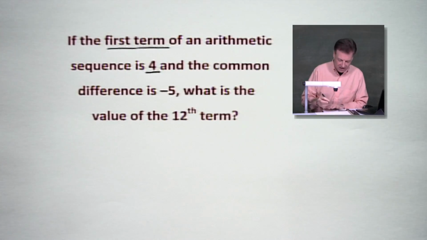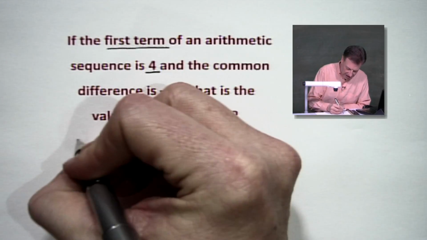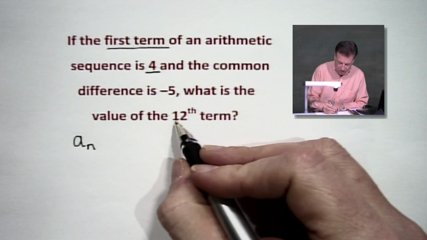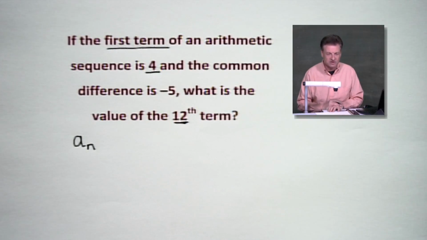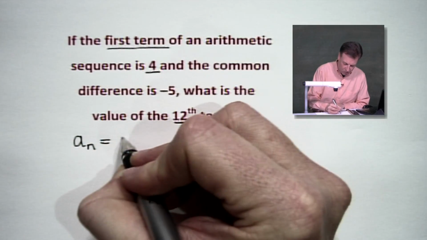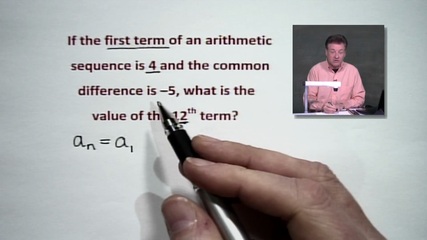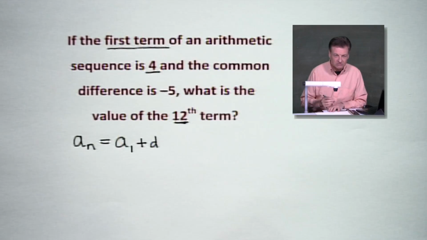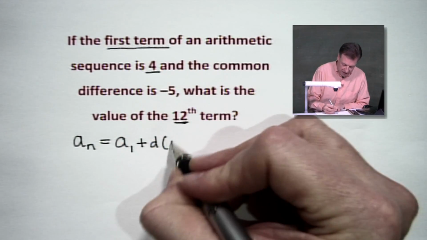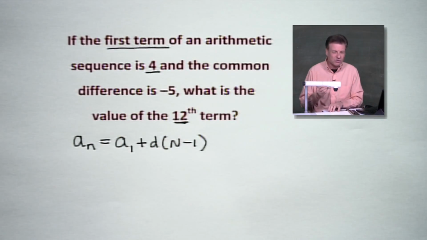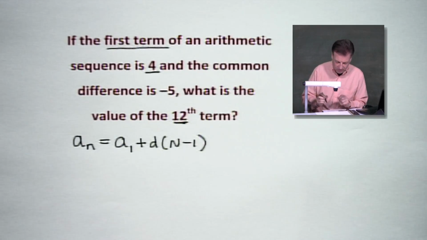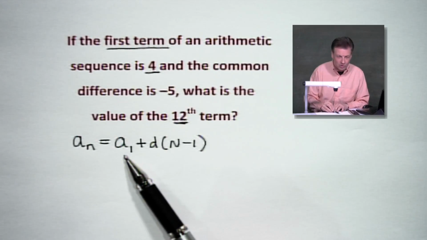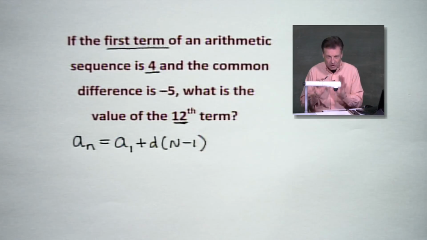There is a formula here, and we'll call it the nth term. In this case, the nth is going to be our 12th term. It starts out with the first term, which we do know. Then we add the common difference, which we know, multiplied by n minus 1. Everybody wonders, why do you put n minus 1 in this formula? Well, it comes from the fact that we have already used up the first term, so we're not including it. It's a way we get around it.